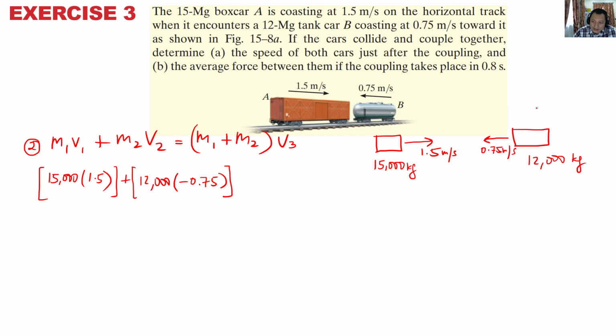So momentum is a vector. It will have direction, so you've got negative because of this one. So 15 plus 12 makes 27,000, not 17,000. 27 times V3. So V3 equals,